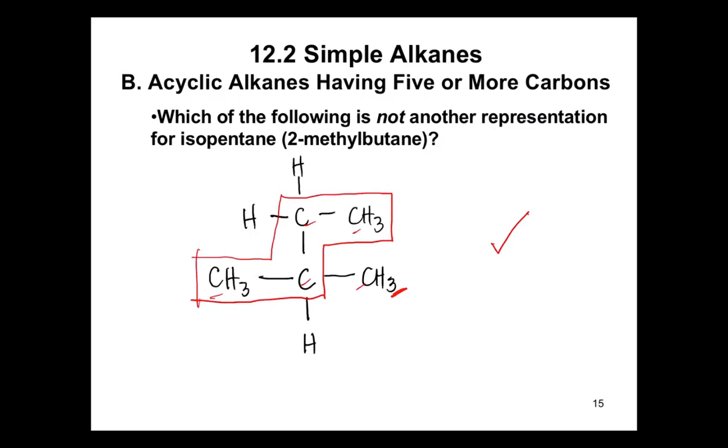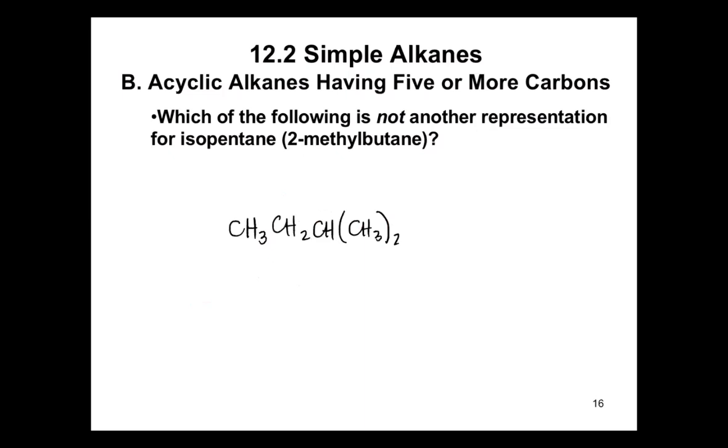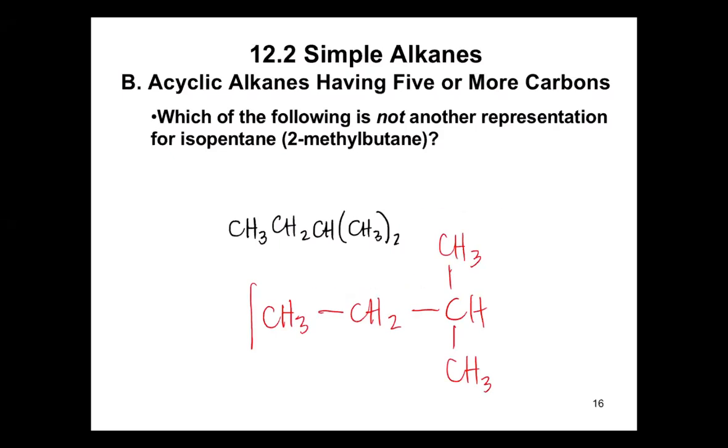Okay? And then, next one, so you have here a condensed formula. So, if you draw the skeletal structure of this one, shortcut ko na. Ako lang po ang pwede mag-shortcut. Pero pag kayo, kailangan magkakahiwalay pati CH. Okay? So, as you can see, ito yung chain niya. Ayan. Tapos ito, naka-branch lang. So, this is another representation ng isopentane.